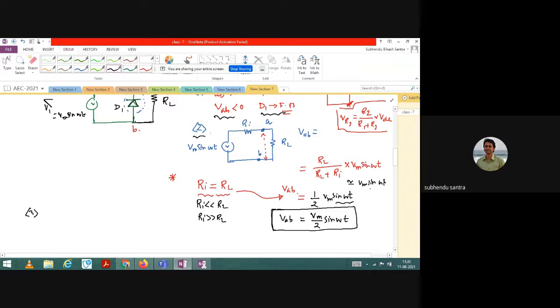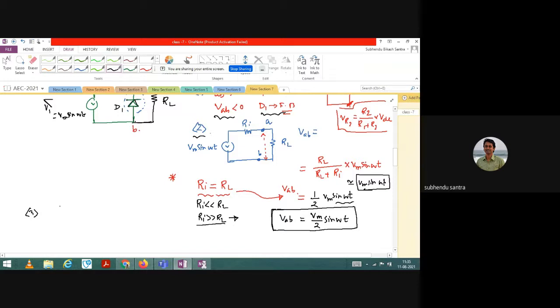Okay, so that part I have already discussed in the previous consecutive classes, where internal resistance is 0. So 0 means RL is very high, so basically the output voltage is the same as Vm sin omega t. However, if you have a practical voltage source, Ri is not actually 0. Ri definitely has some value. So in that condition, if Ri is equal to RL, that is one case, and if Ri is very much greater than RL, that is also one case. Okay, so that you can analyze. If Ri is very much higher than RL, then what will happen?